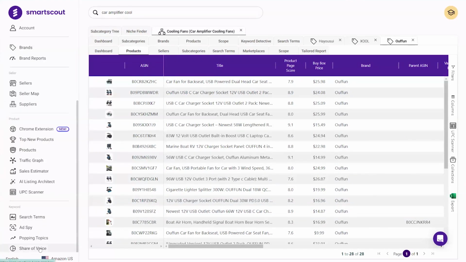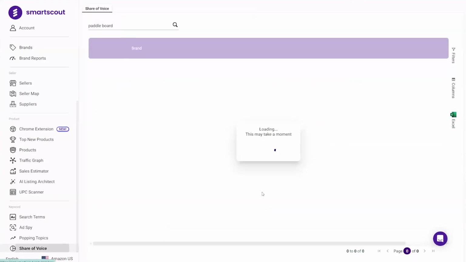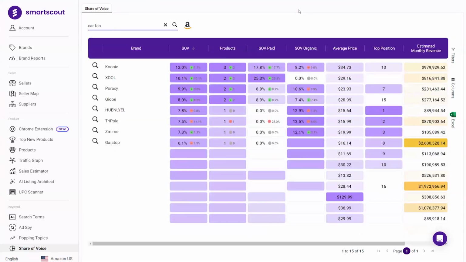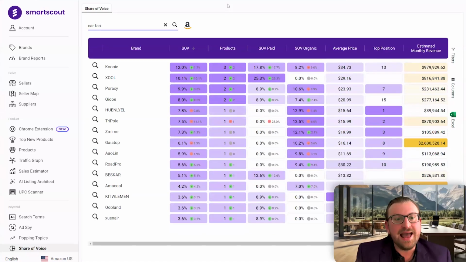I will show you one more enterprise tool, which is kind of fun. This one is called Share of Voice. For this one, we analyze just page one, sponsored and organic traffic listing, basically impressions that we get. So you can put in a keyword. I think the keyword there was car fan, I believe. Was it car fan? I think so. So for car fan, we're going to be able to see now the share of voice for this particular search term on page one.